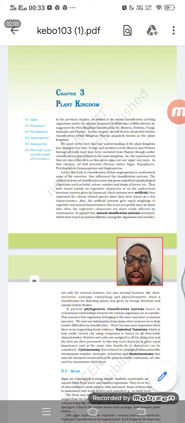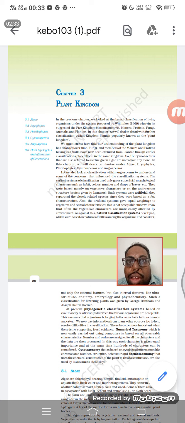In this, they are considering not only the external features, but the internal features also. One such classification is still used in the Commonwealth countries, in which India is also included. One such classification is known as the Bentham and Hooker classification. In Bentham and Hooker, they classified on the basis of the pistil number, pistil shape, then cotyledons, dicot, monocot,